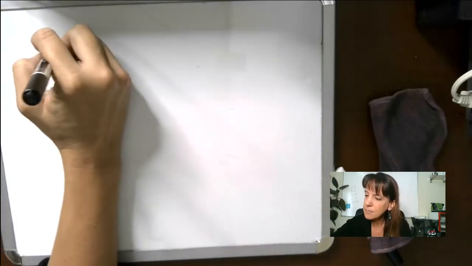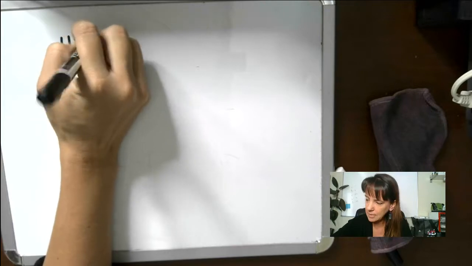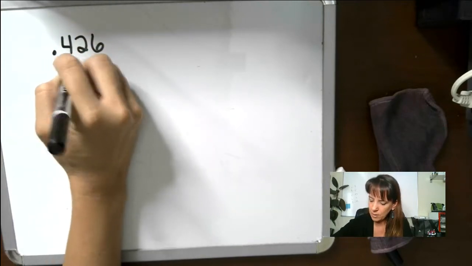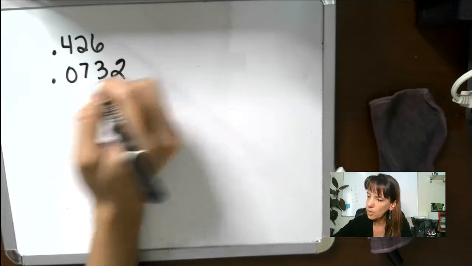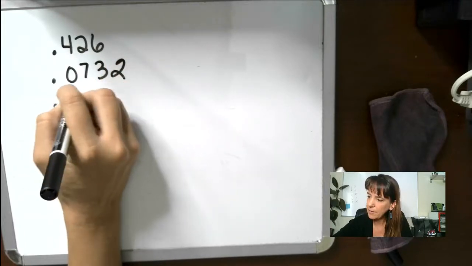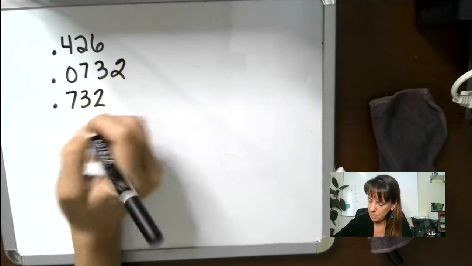Okay, so the next thing that we're going to do is ordering decimals. Now, the big deal with ordering decimals is however many digits that you have behind the decimal, you need to make that the same for all of them that you're comparing. On page 33, there's example 5, and we've got some decimals here. 0.426, 0.0732, 0.732,